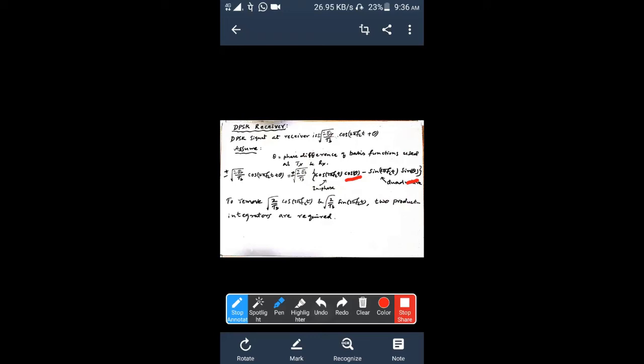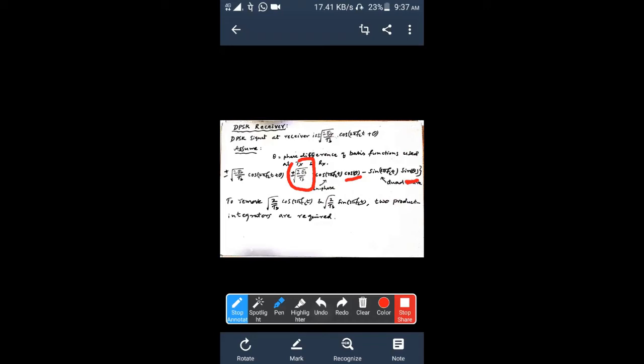This cos theta and sin theta are numbers, they are not signals, because theta is going to be a number, something like pi by 4. So cos pi by 4 is 1 by root 2, it becomes a number like that. These numbers will be having this amplitude, because I'm interested only in the amplitude, as I said. So the plus or minus amplitude will come to cos theta, plus or minus amplitude will come to sin theta.